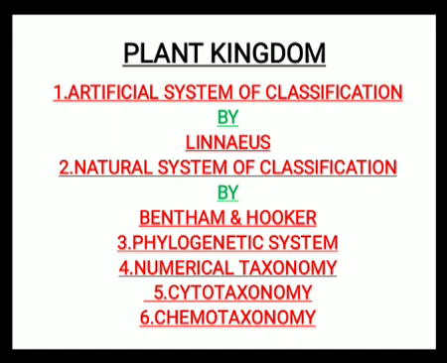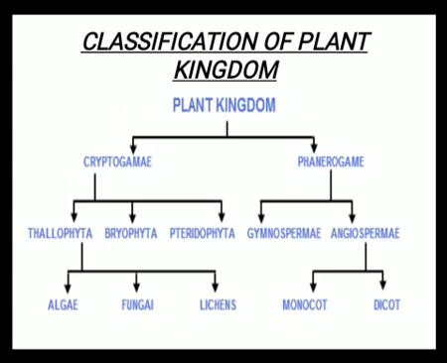Now, I have discussed with you the system of classification which we now take into consideration, which is quite advanced. On the basis of this very system of classification, we have classified the plant kingdom something like this. As you can see on the screen, the kingdom Plantae, or the plant kingdom, is broadly classified into two groups, the cryptogams and the phanerogams. Further, the cryptogams have been divided into three groups, the thallophyta, bryophyta, and pteridophyta, and the phanerogams into gymnosperms and the angiosperms. Now you see here in this classification I have written thallophyta is further divided into algae, fungi